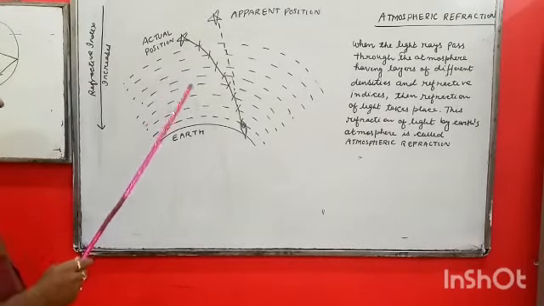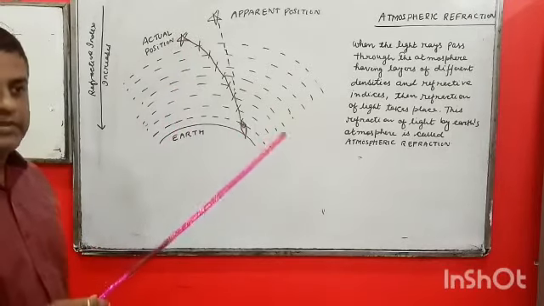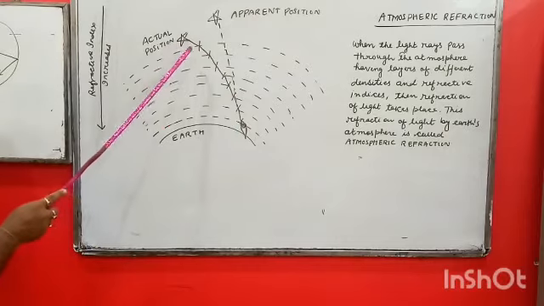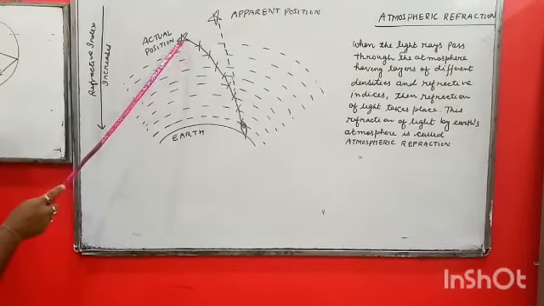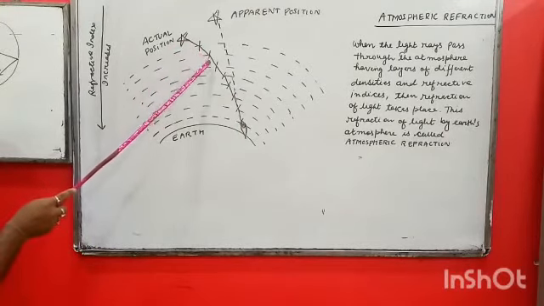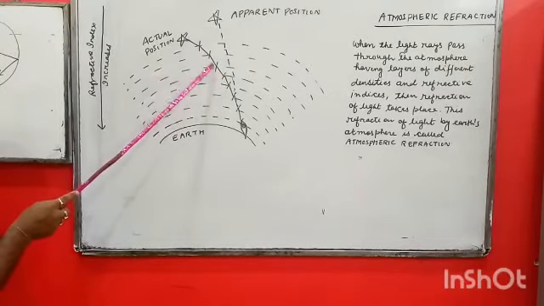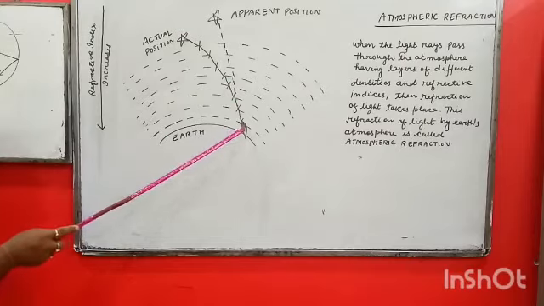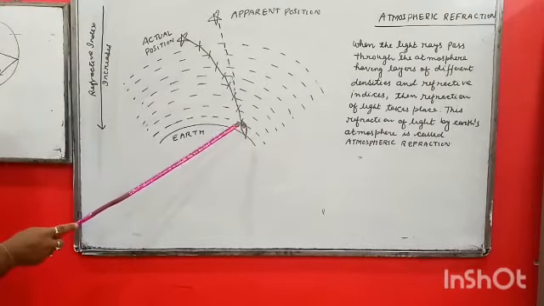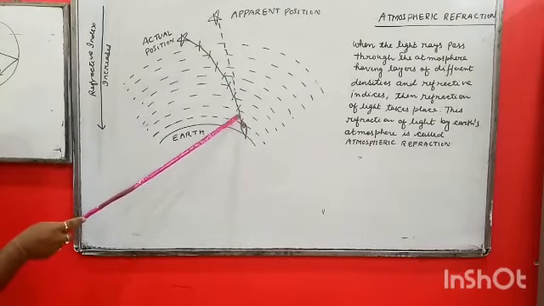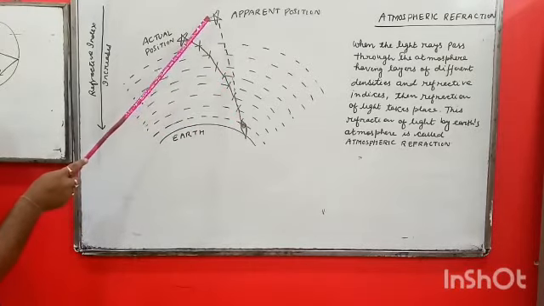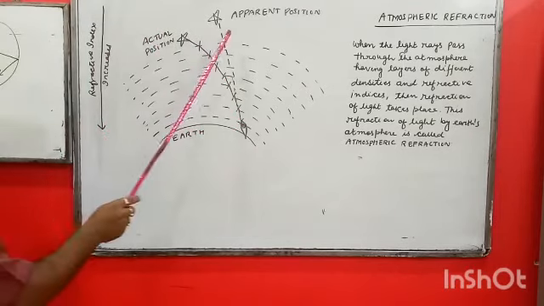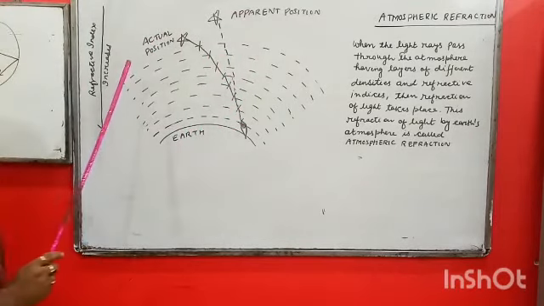Now you know light rays going from rarer to denser bend towards the normal. Now see, this is the star, and the ray of light is coming from rarer to denser, again more denser, again more denser. Continuous bending takes place till it reaches the eye of the observer. And for the observer, the line of sight is straight. Therefore, the observer can see the apparent position of the star, not the actual position.